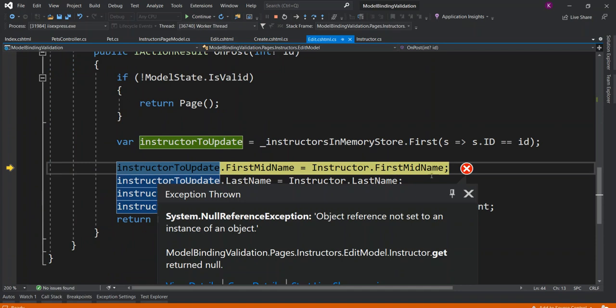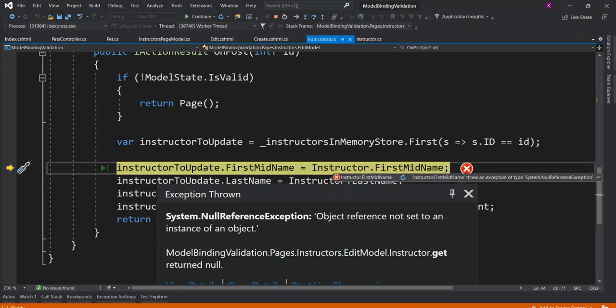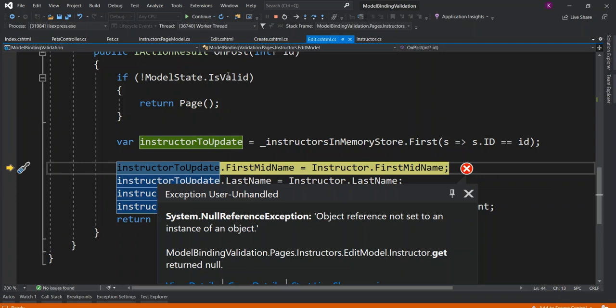Here it stumbles and says System.NullReferenceException: object reference not set to an instance of an object. And this is happening because this instructor object is now not bound.